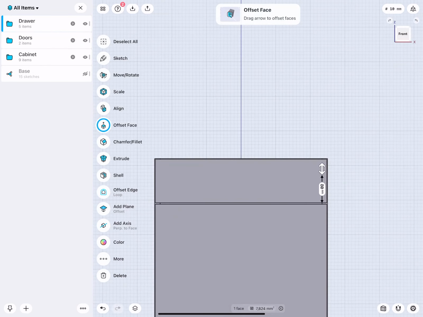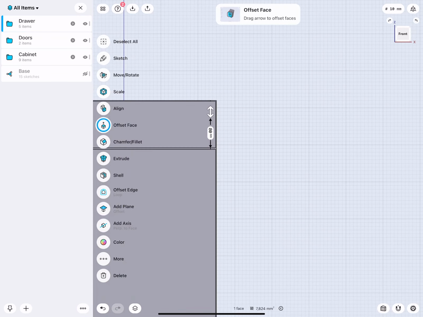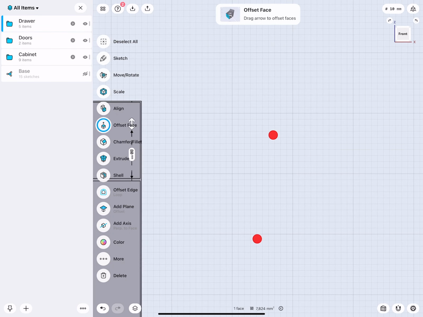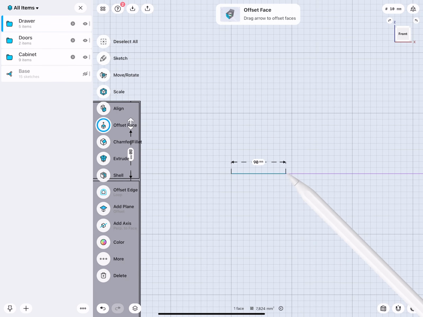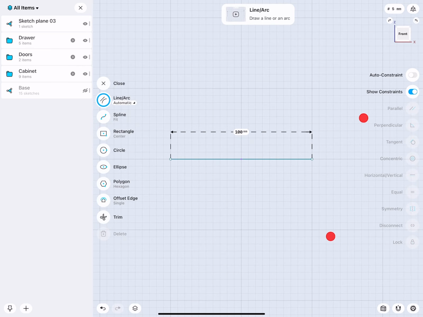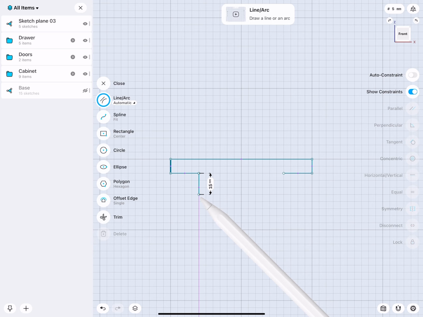We have to do some hardware. I go to this view and draw here a line 100. Nice. Then I will go down 10. Okay. I will move in 20, 20, and go down another 20 and 10.